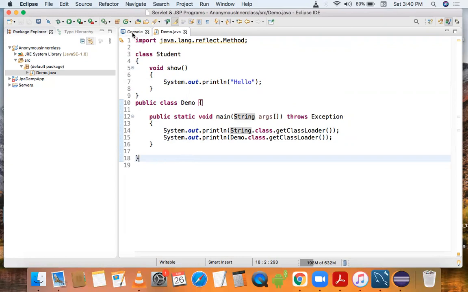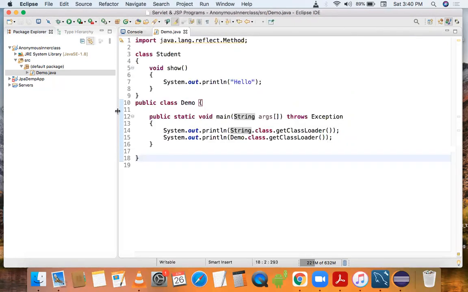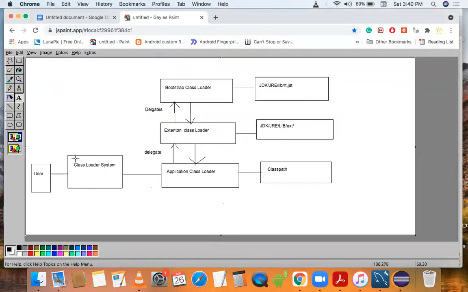And in the second one, we are getting sun.misc.Launcher$AppClassLoader, so it is using the application class loader. Suppose we are forwarding our class to the class loader subsystem.